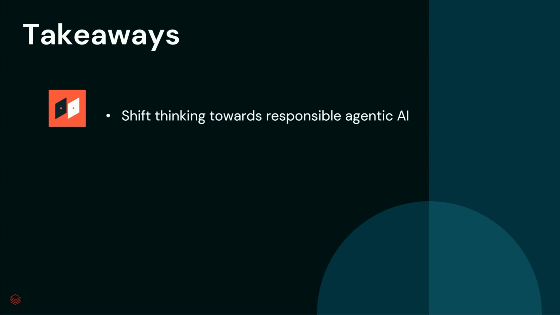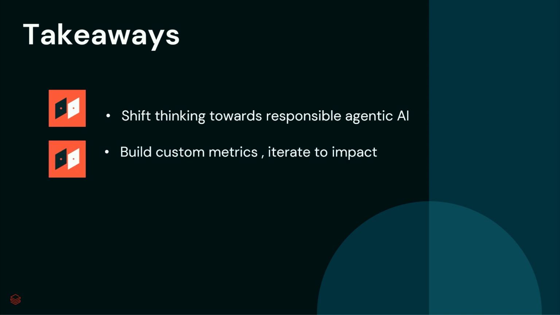So a couple of key takeaways I want you to get out from this session. Number one is there is a fundamental shift in our thinking about how we have been implementing responsible AI practice and how it changed when we are talking about agents. So that's something which we are going to talk about today. I'm also going to talk about why the way we have been creating different metrics are not sufficient when we are specifically talking about agentic systems, and what is the need for custom metrics.